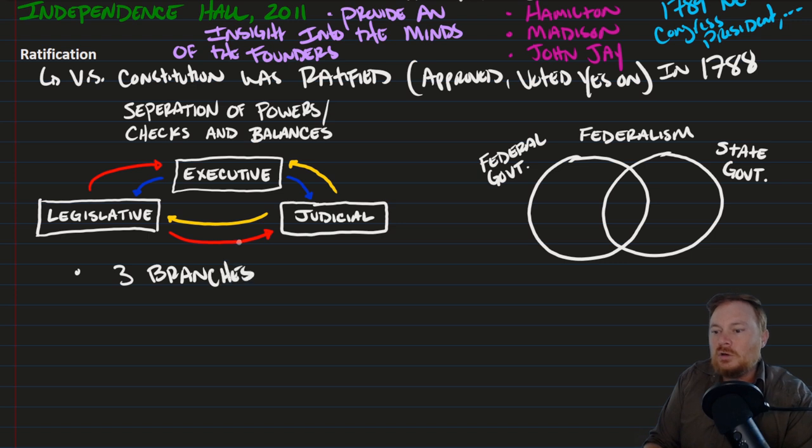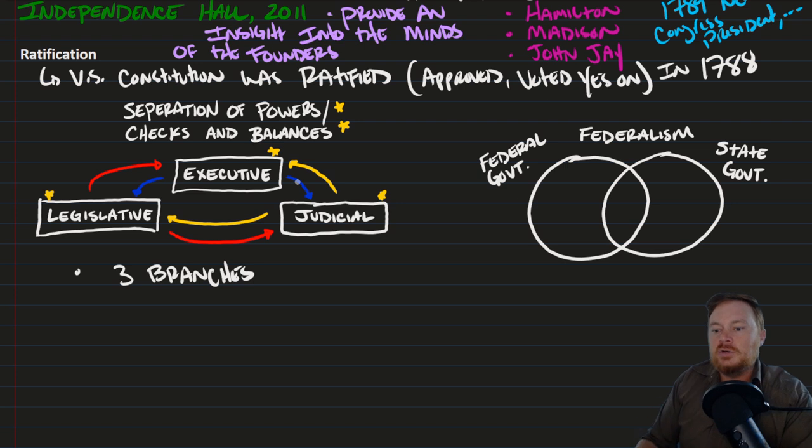Those 3 branches are the executive branch, which is the president, the legislative branch, which is the Congress, that's the House and the Senate, and the judicial branch, which is the Supreme Court. But the U.S. Constitution also, in creating these 3 branches, separated specific powers and allowed branches to have the power to check and balance each other. And the idea here is that a government in which responsibility and power is spread out prevents any one branch from being too